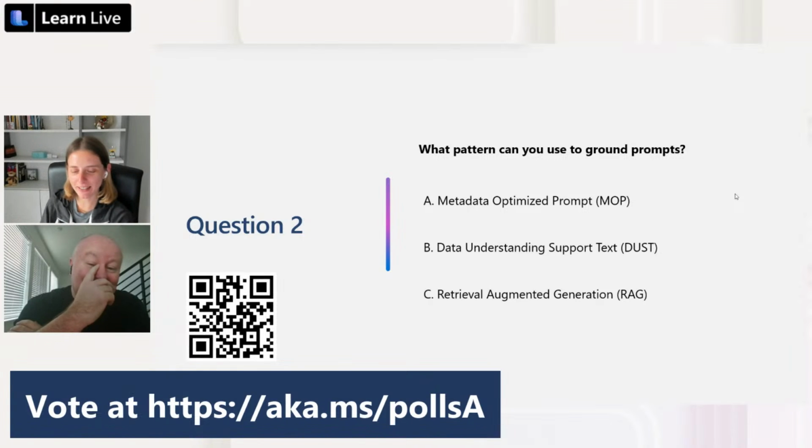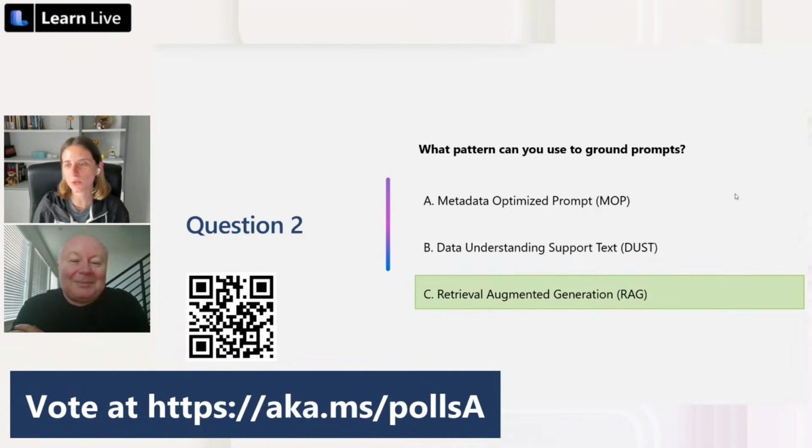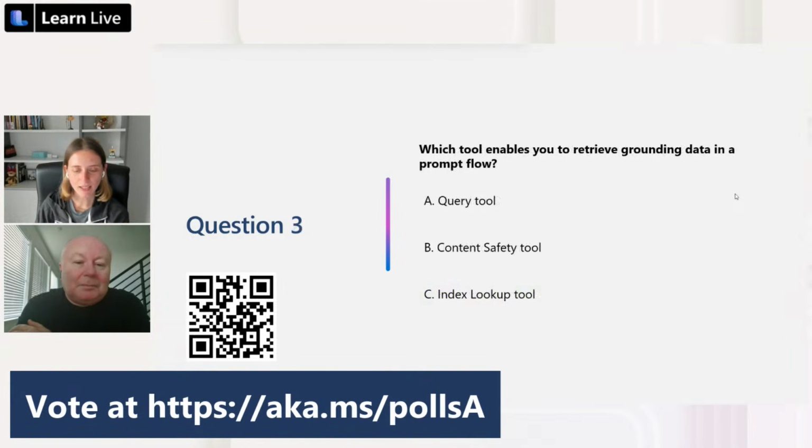So let's reveal the correct answer, which is, of course, C. Congratulations to everyone who answered correctly. The pattern we have used to ground our Copilot response is called RAG, which stands for Retrieval Augmented Generation. So let's go ahead with question 3. Same links,